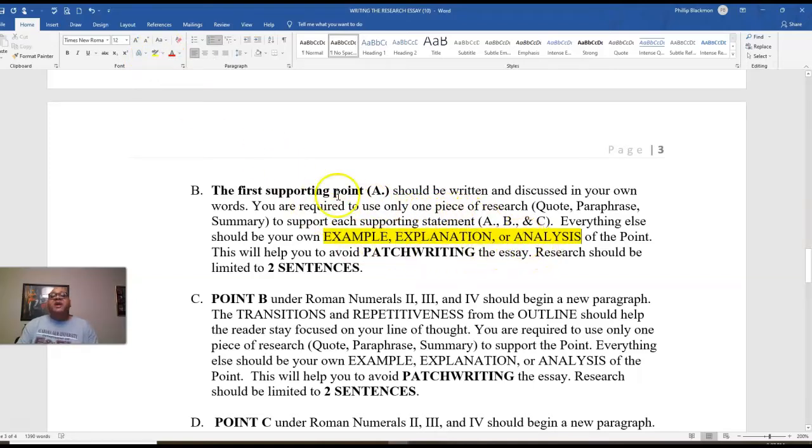So now you're going to go back to your documented outline that you've paragraphed into essay format, and you're going to look at each one of your subpoints, your topic sentences, and you're going to start writing out, adding examples, explanation, or analysis. So let's go back